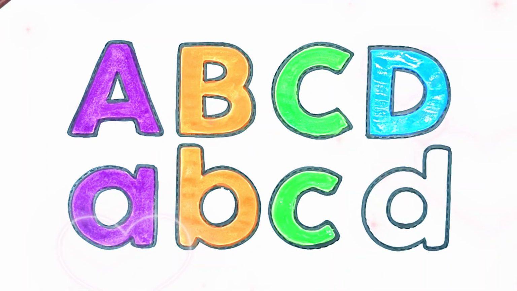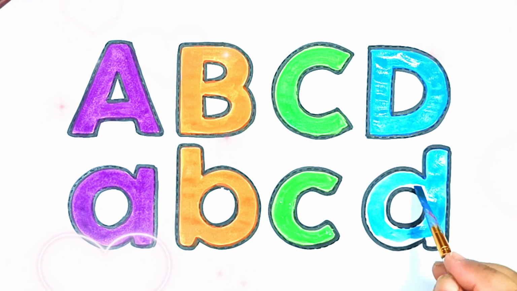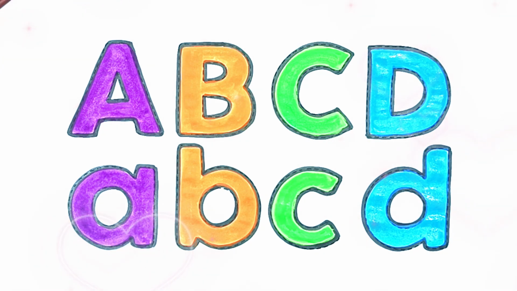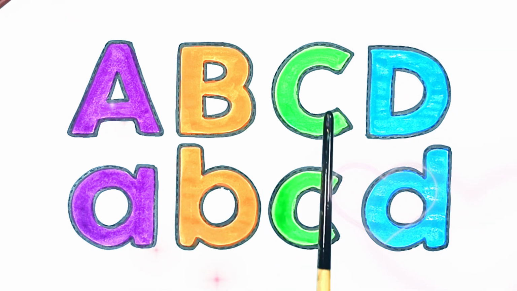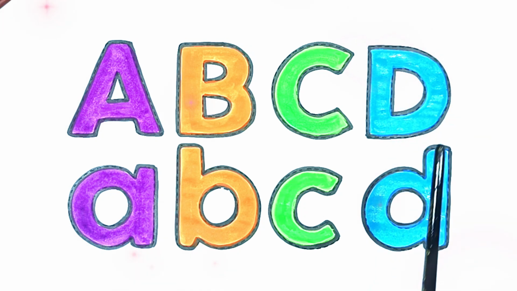D is for duck. D is for door. Uppercase A, lowercase a, uppercase B, lowercase b, uppercase C, lowercase c, uppercase D,